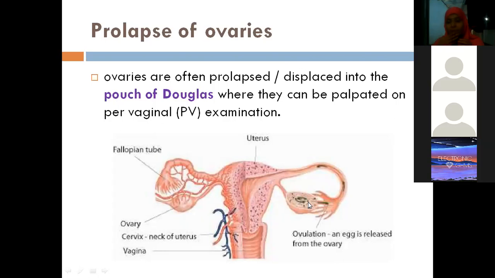We usually find PCODs in very young girls, 18, 20, 25 years. That means the Graafian follicle gets arrested, it does not rupture, and the ovum is not released every month. Every month one primordial follicle matures, every month a Graafian follicle is formed, but every month it is unable to rupture. So many Graafian follicles get entrapped inside the ovary. They bulge and form cysts. That is the meaning of polycystic, PCOD: many cysts inside the ovaries.